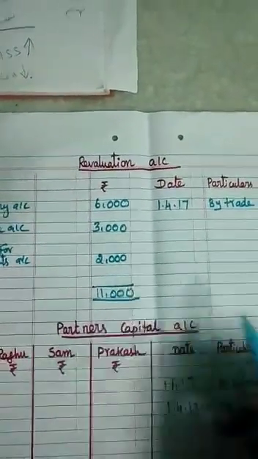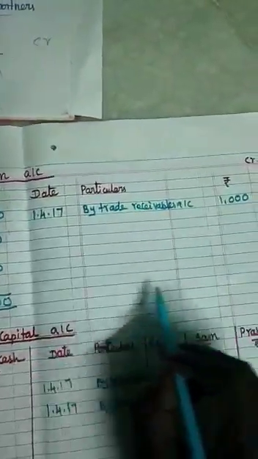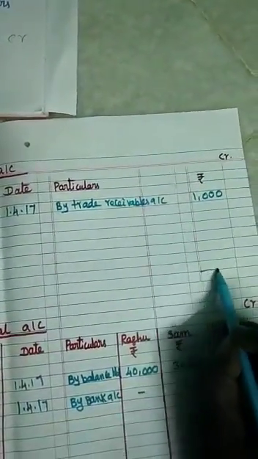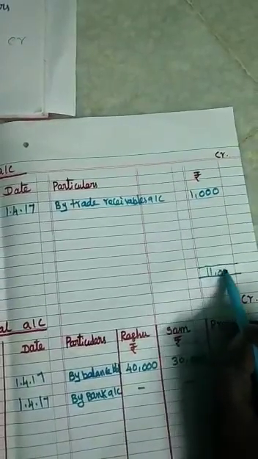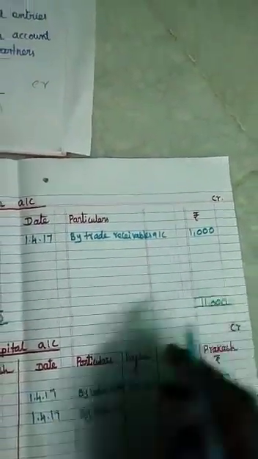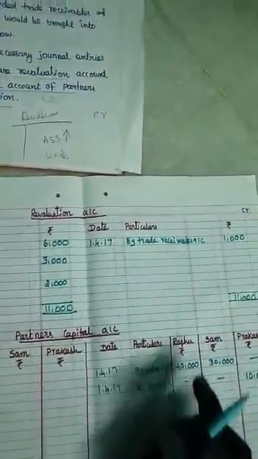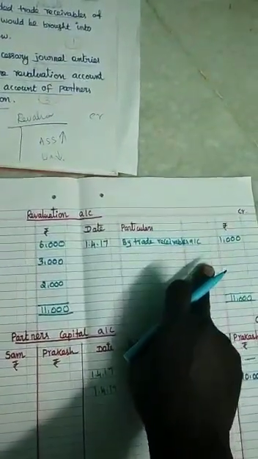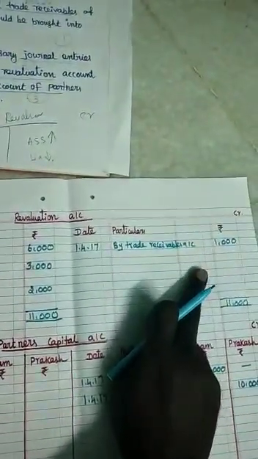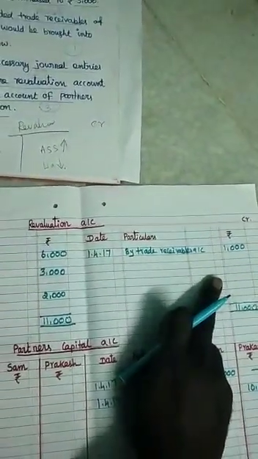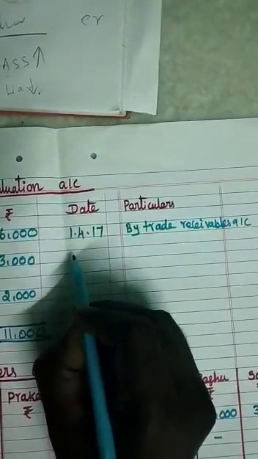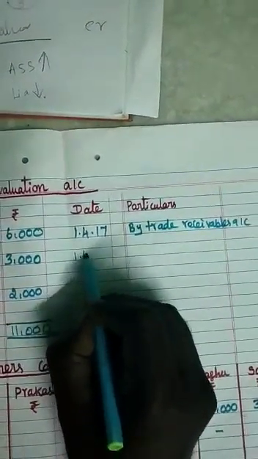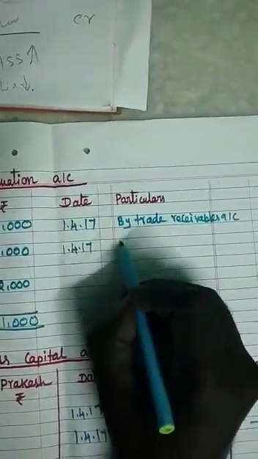The same amount is to be written in the credit side also, because the maximum amount should be written on both sides. So 11,000 is written, and now we balance both sides. On the credit side there is a shortage of 10,000. The shortage is considered a loss on revaluation.